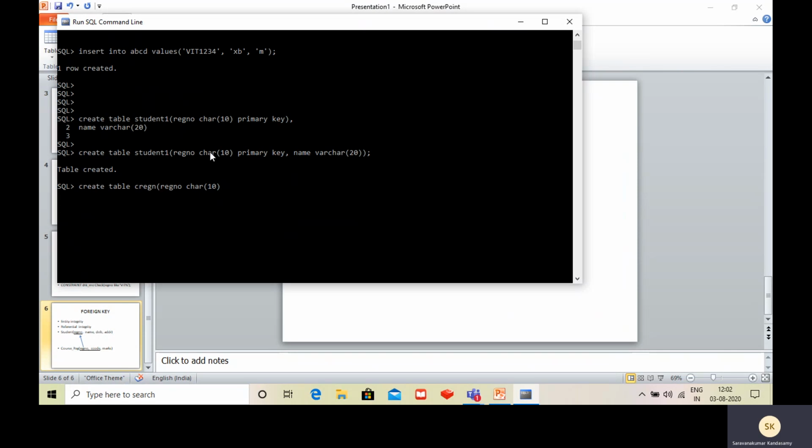So we have to ensure that. It must be of the same type, same size. We can have different sizes as well, but different data types may not be accepted here. So same size, same type, and the value should be smaller than the primary key's value, otherwise it will not be accepted. So register number I'm going to create as a foreign key, and it has a course code, maybe a character of 4, and a marks attribute, which is number of 3 maybe.